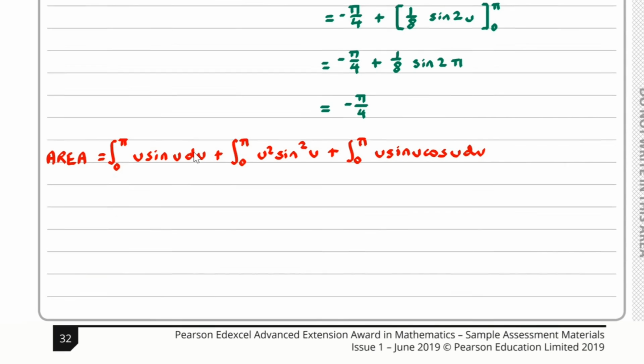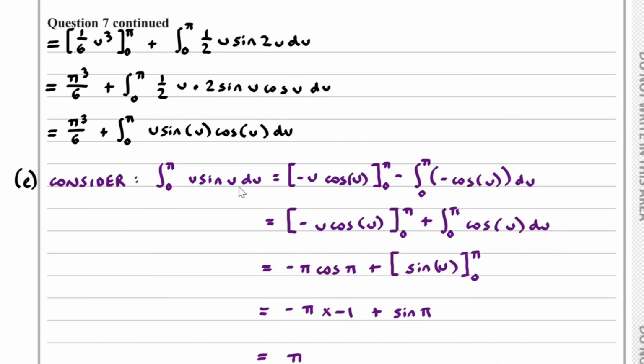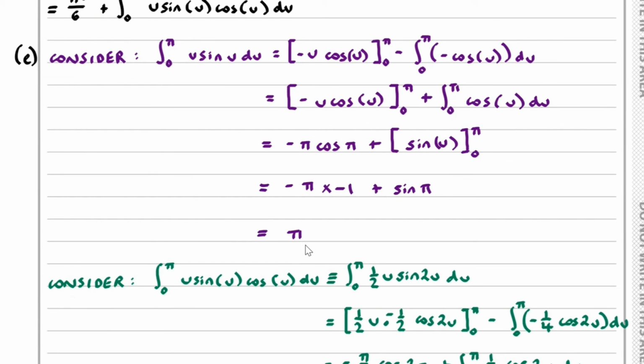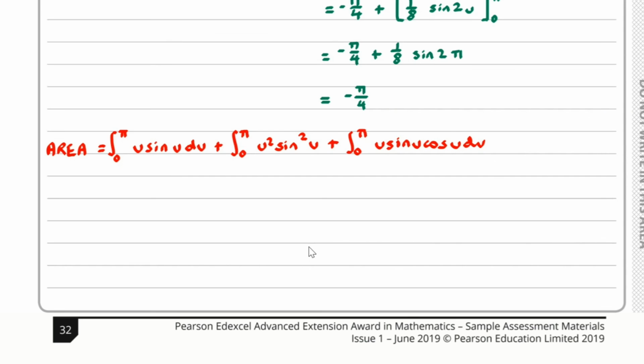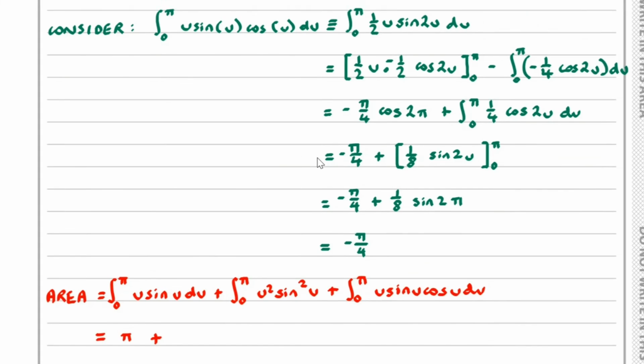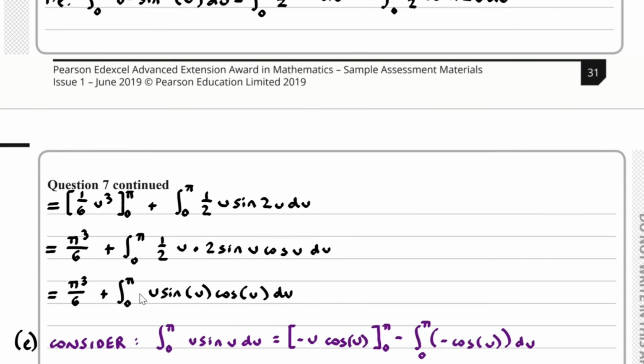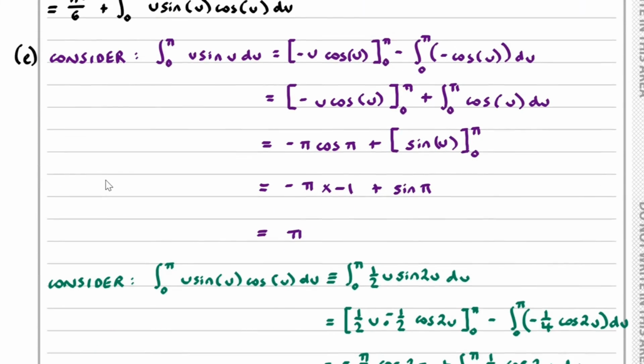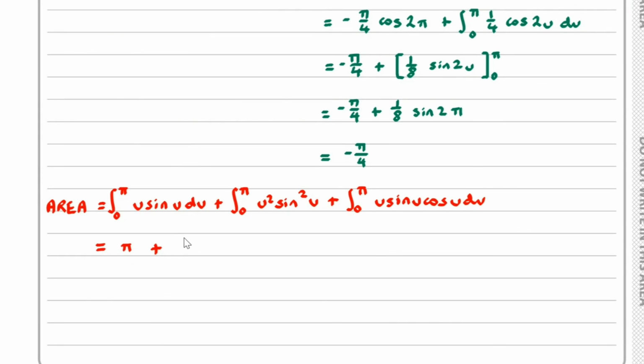Now, u sine u integrated, we worked that out before here. We got a value of pi. And then this value here, we worked out over here. We got pi cubed over 6. So here I'll just write it as a 1/6